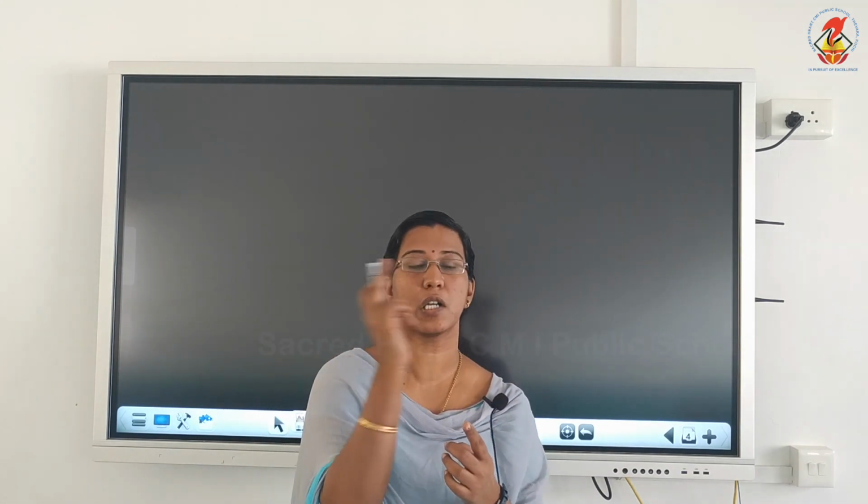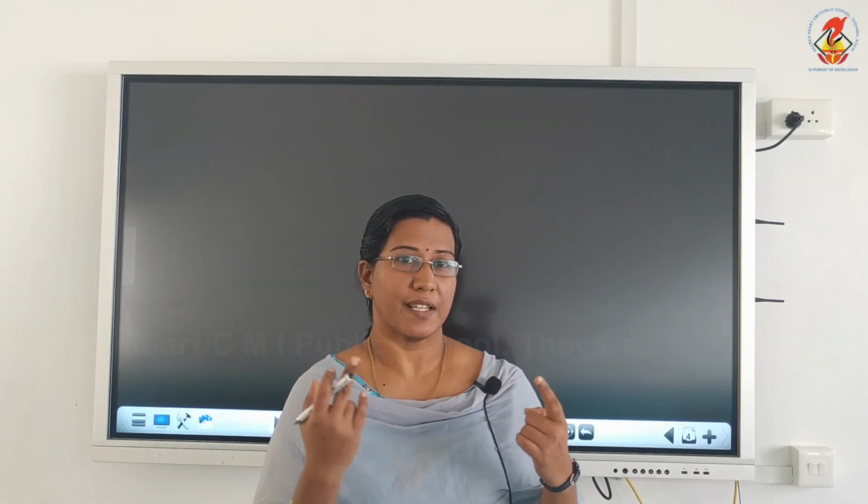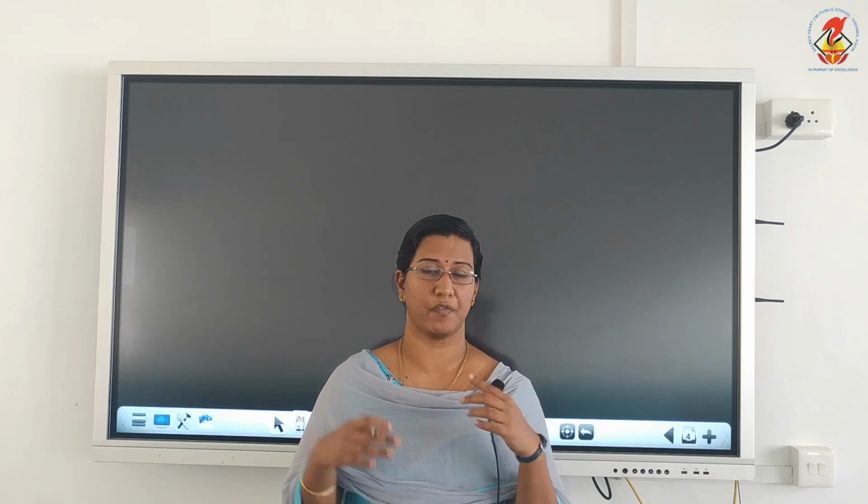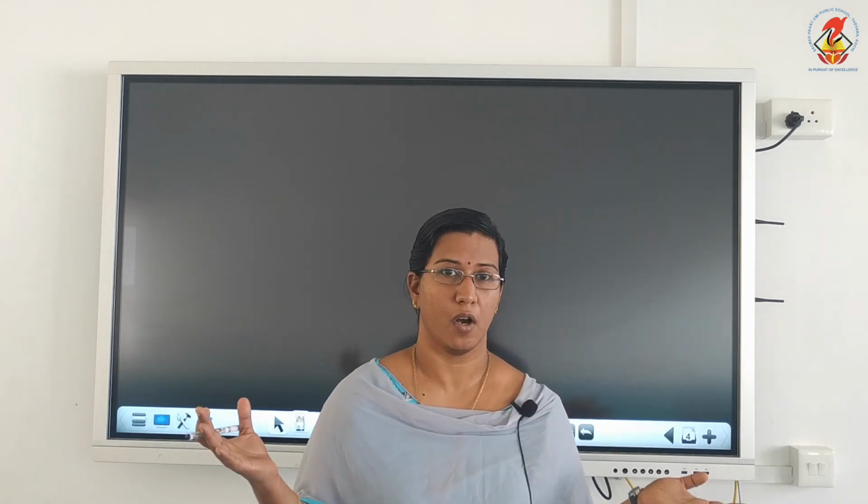For that, we know orbital velocity means the velocity with which the object will be moving in a circular path around earth or any planet. For an object to move in a circular path, it must have some force known as centripetal force. It is the centripetal force which makes the object move in the circular track. If there is no centripetal force, the object will be thrown away from the orbit or circular track. So we are going to find out the equation for centripetal force,